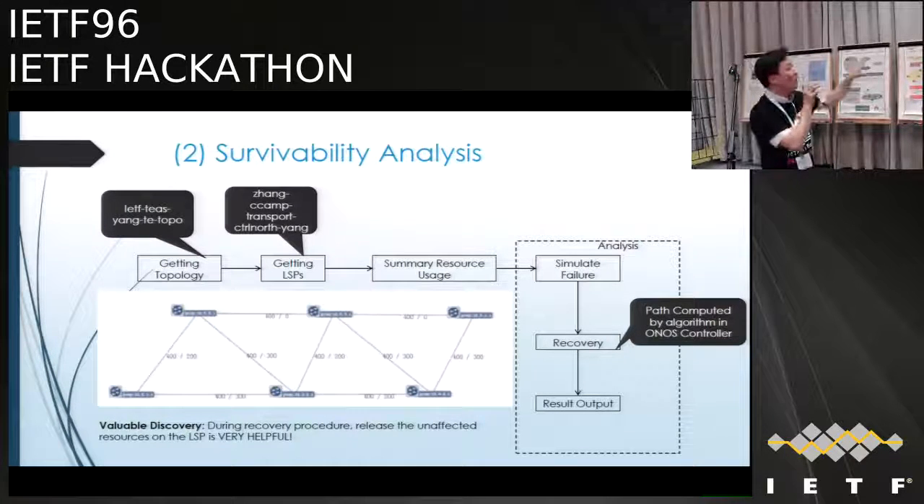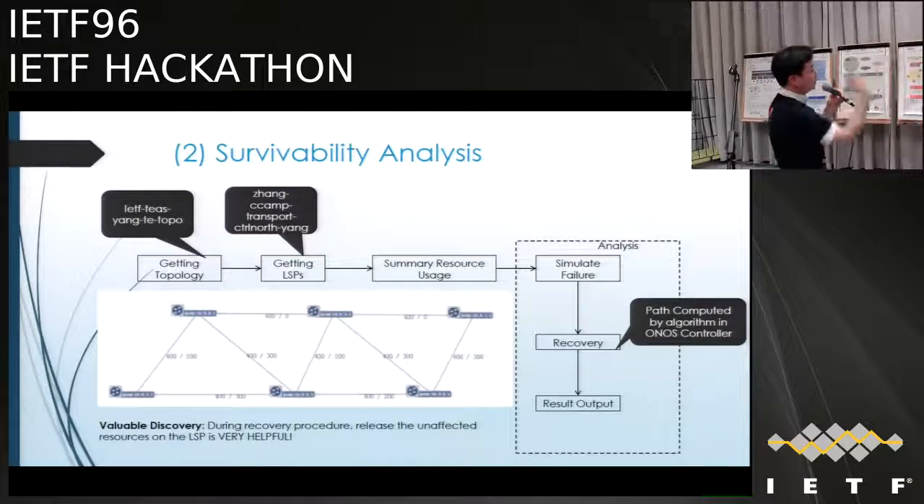Yeah, it's okay. We accomplished it. We can get the information via API. By using the API, we can analyze the network survivability in the optical transport network in real time. As you can see, in real time you can get the information, and we calculate the resource uses,